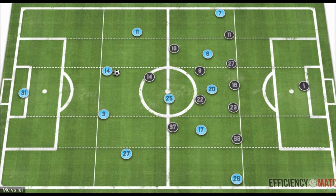But with the idea of Zinchenko inverting, it would try and affect Leicester City's midfield, whether it would draw out a center mid to create space between the lines, or it would narrow the wide midfielder or James Maddison of Leicester City to overcompensate for this to then open up space for players like Raheem Sterling and then create space in